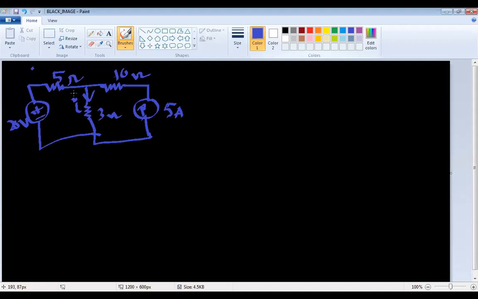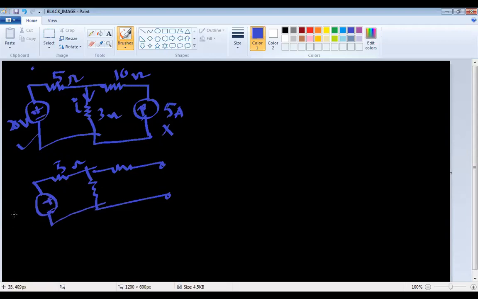So what we'll do, we'll first take this 20 volt source and we'll deactivate the current source. So we'll redraw this circuit. This is 5 ohm and this is 3 ohm, and then we have this 10 ohm, and this is open circuit because there is a current source. And we have the 20 volt source. Now please tell me what should be the current through this particular branch. Let us say I1 will be how much?